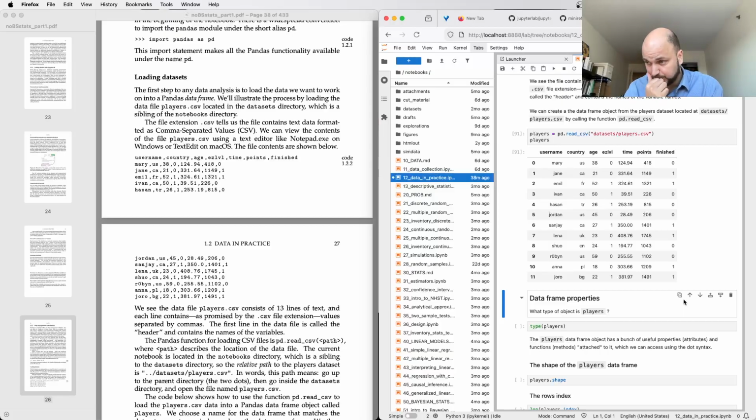Why? There are two reasons. One is for understanding. We're starting with very basic stuff: load the dataset, look at it. But when we get to more advanced data manipulations and statistical procedures,